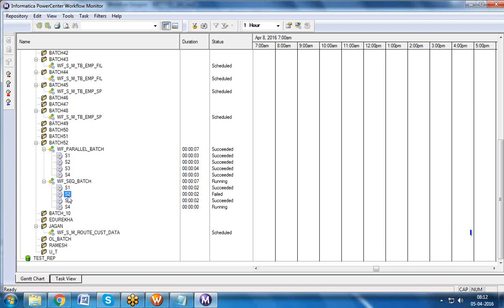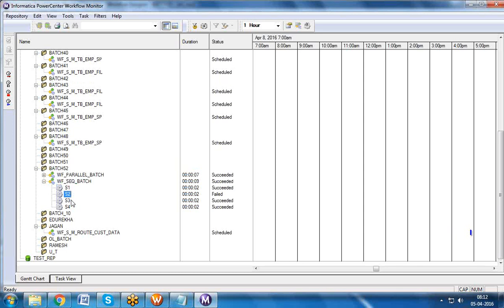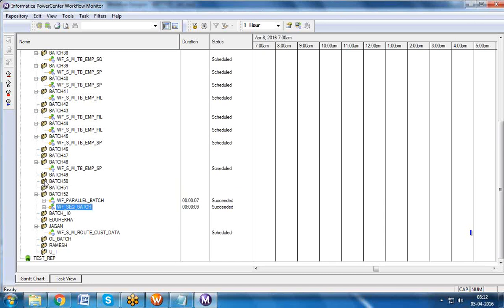Okay, even though the session got failed, the workflow is least bothered. But no, if any of the sessions in my workflow fail, then the rest of the sessions should not trigger because I have a dependency with this session. And the other point is, what is your workflow status, guys? That is wrong, right? In real time, you have 100 workflows.